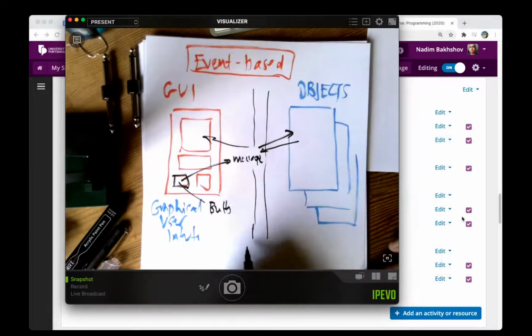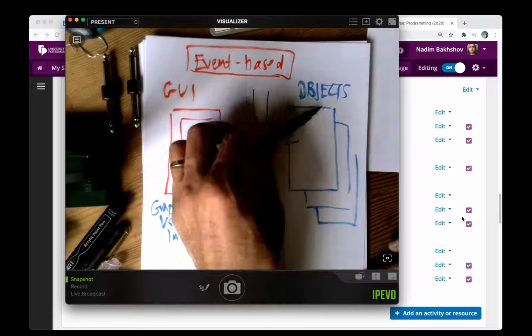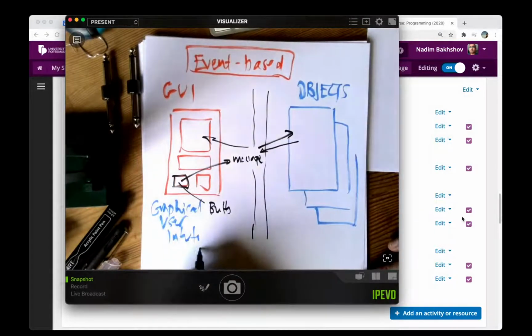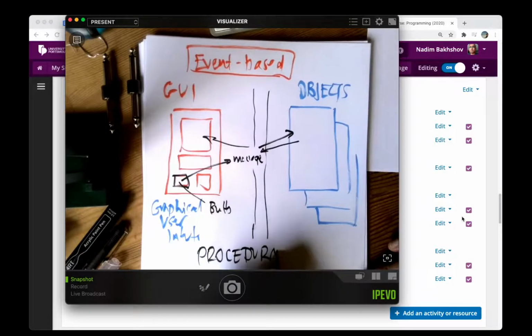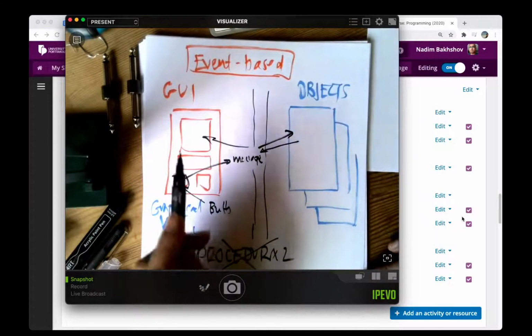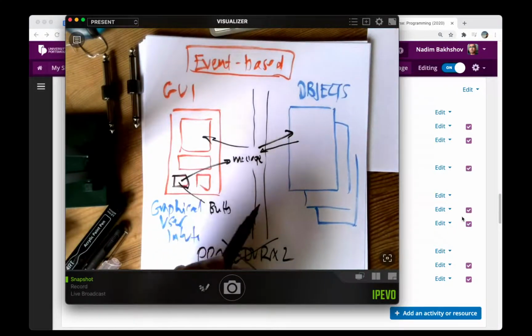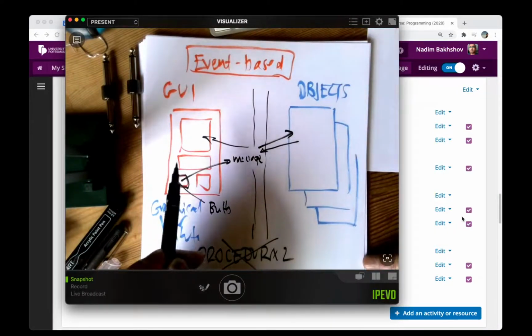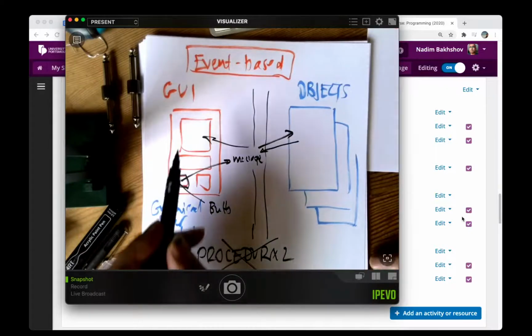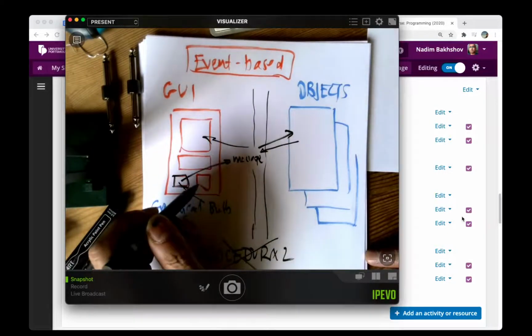So what you have is the objects don't work in a procedural way. So here, when we think about the main, there is no main in event-based programming. So event-based programming, you will see more of in your second year. You see it a lot in web-based. So if this is a web-based interface, you click a button,